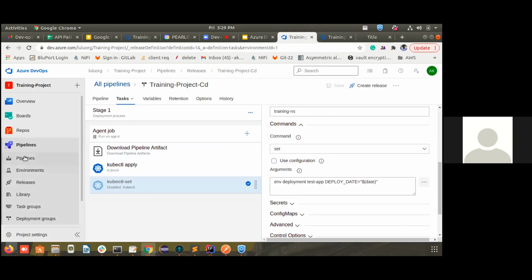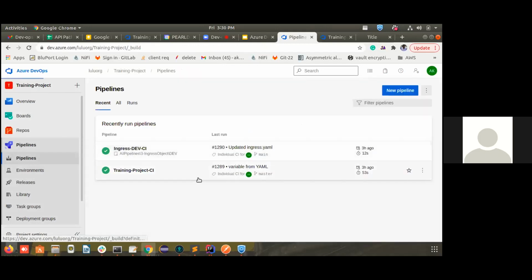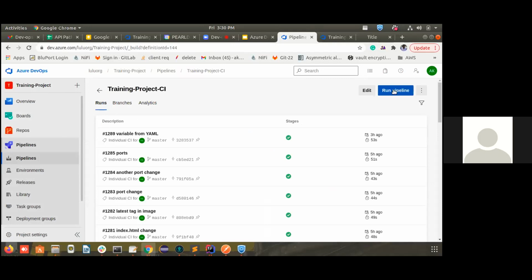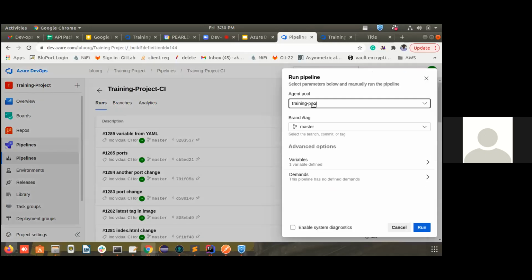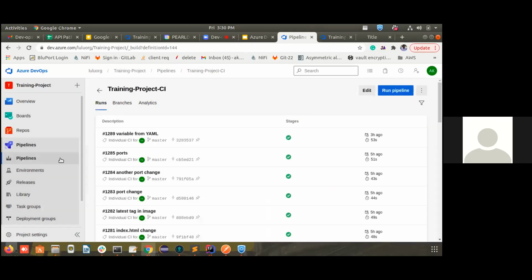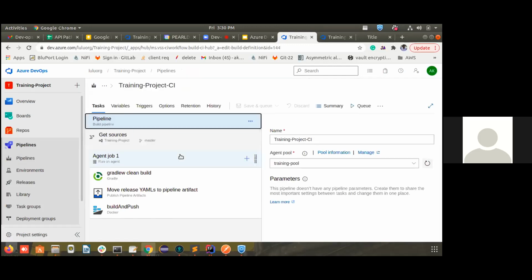So I'm saving that. I'm going to start a build. Let's see. On the pipeline, CI, training pool. So it's just again asking which pool I should use and which branch I should use for the particular build. So again, I can do this automatically. I don't need to start this pipeline manually by clicking this button. I can do that automatically using a pipeline trigger.